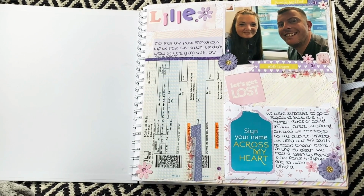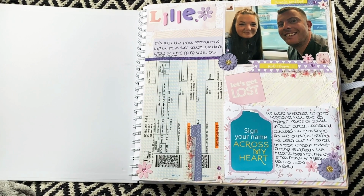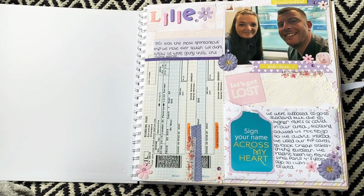Hi everyone, so I'm back with another flip through, and this is all about our trip to Lille in France that we took in August 2020. And we only went for the weekend, so it was only a small trip, but I did decide to do